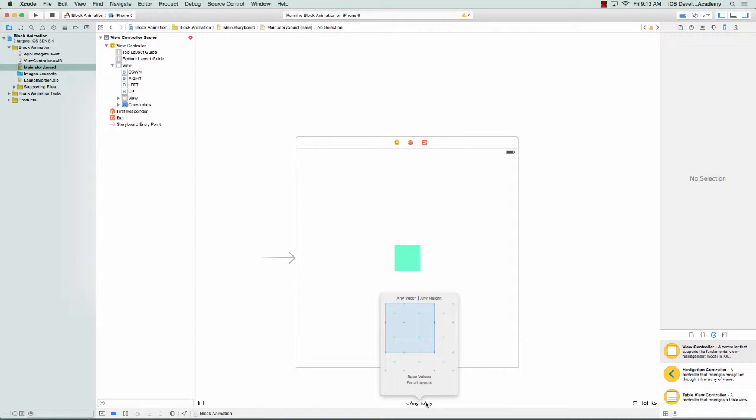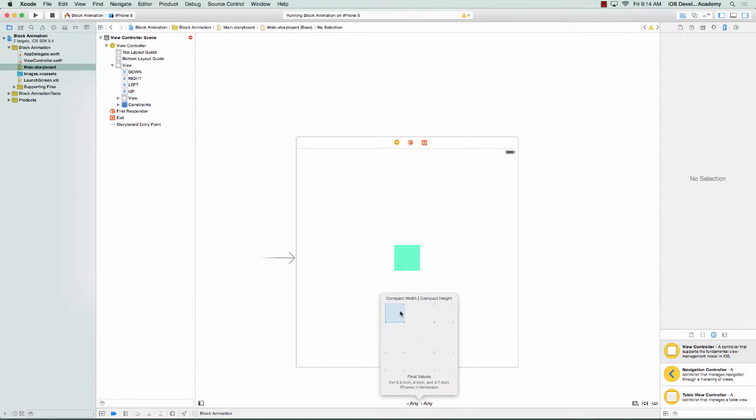Well, this describes a set of scenarios under which you might want to have different designs. And Any is a very generic, any possible width, any possible height. And so we are dealing with all classes of devices, all orientations having a layout. If you click on the one Any